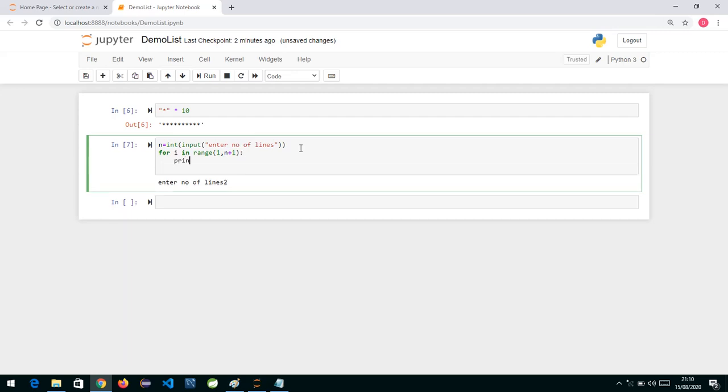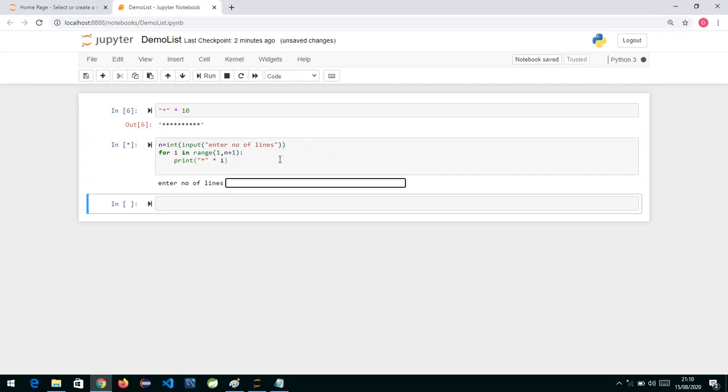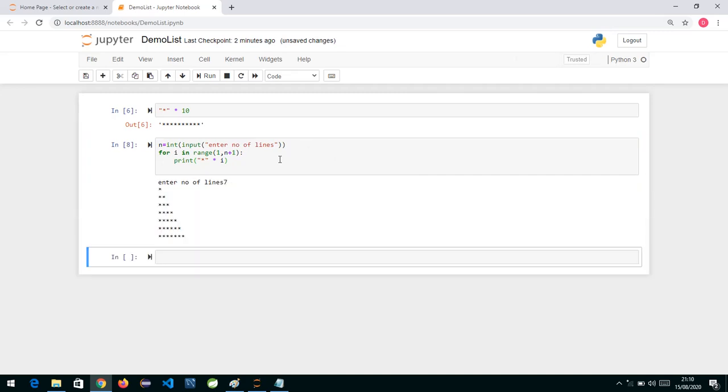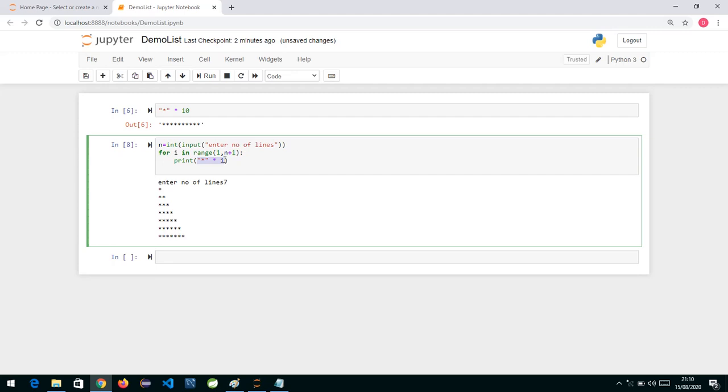And then we can directly say print what? Now I want to print star. How many times? I'll write star again, multiplied by the value of i, that many times I want to replicate it. So if I say 7 over here, you can see the triangular pattern. So writing code in Python or doing any pattern program, the logic becomes so easy. We have replicated star, and every time we are directly printing this pattern.